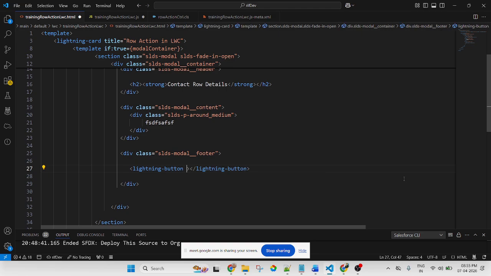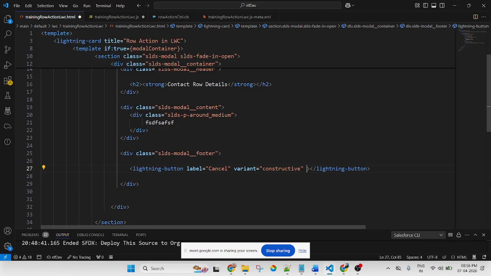Lightning button label should be cancel so that we can cancel the pop-up. And variant: if you apply brand, it displays blue color. If you apply constructive, it displays red color of the button.